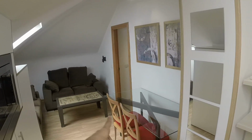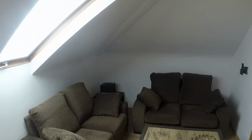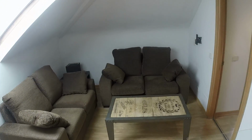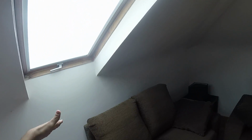So, living room. Here we have this table with 2 chairs. These 2 cool paintings, air conditioning up there. These 2 couches here, and this really nice table. All the windows in this apartment are like, you know,